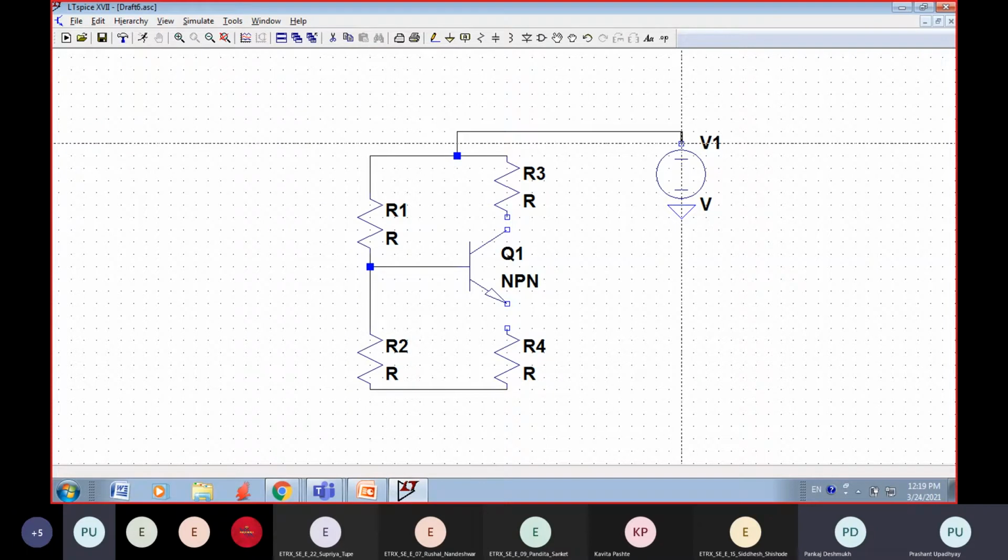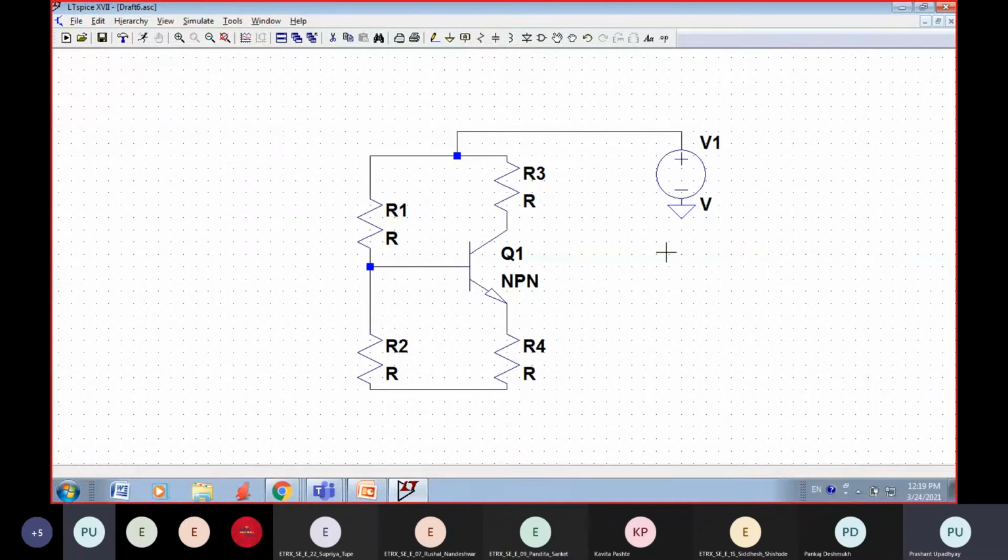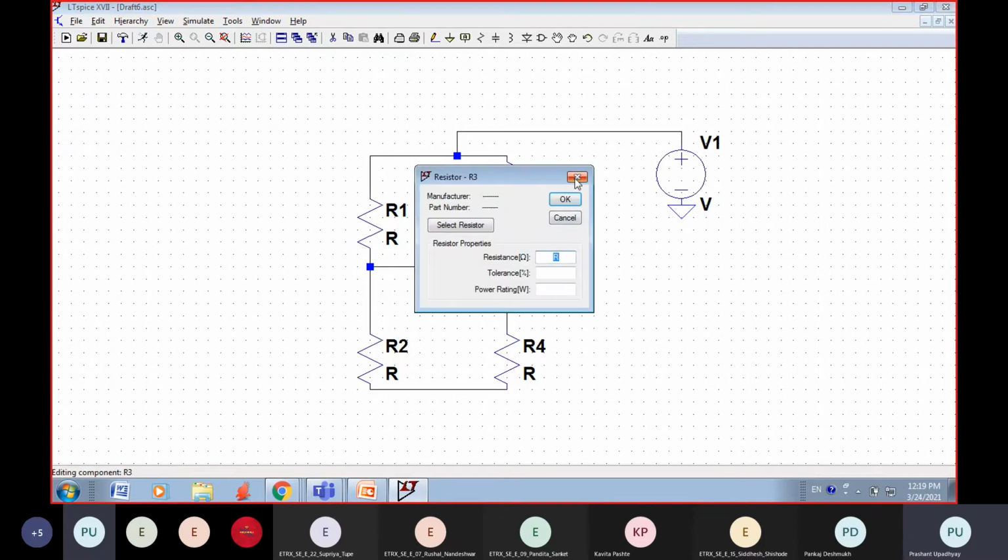Yes sir, I just connected. It's very simple. This is how it is connected. It's a very simple, very abstract circuit, and this is the voltage source. The next thing is I should give the component values. Maybe sir can help me to give the values. This I will give 10K. Okay, this would be 1.5K.